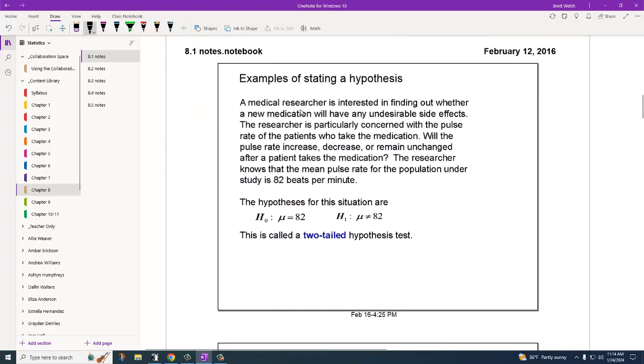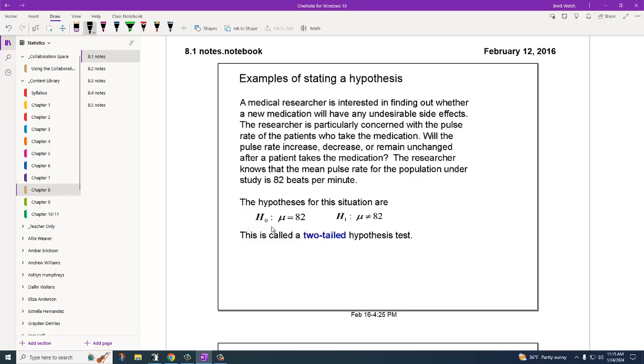Some examples of this, medical researchers interested in finding out whether new medication will have any undesirable side effects. The researcher is particularly concerned with the pulse rate of patients who take the medication. Will the pulse rate increase, decrease, or remain unchanged after the patient takes the medication? The researcher knows the mean pulse rate for the population under the study is 82 beats per minute. So the null hypothesis here is going to be that the mean is 82